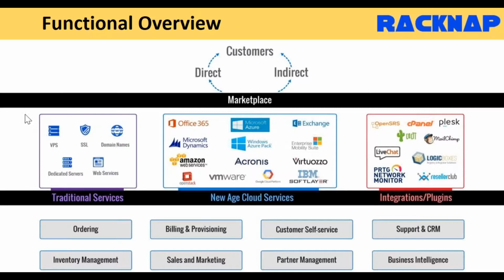Okay? And there are a lot of CSPs here, or probably you can say hosters in this session, who are currently selling traditional services. They're selling VPSs, dedicated servers, web services like shared hosting, WordPress hosting, etc. And obviously they cannot drop this business and just start afresh in cloud. They still need to be in a position to sell those existing services and cater to the existing customer audiences, right? So what RackNap is able to do is still continue to help those existing customers to run their business, and then be able to offer new age cloud services, which includes Office 365, Azure public cloud, etc.